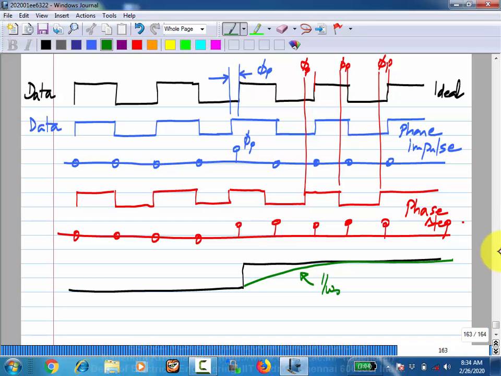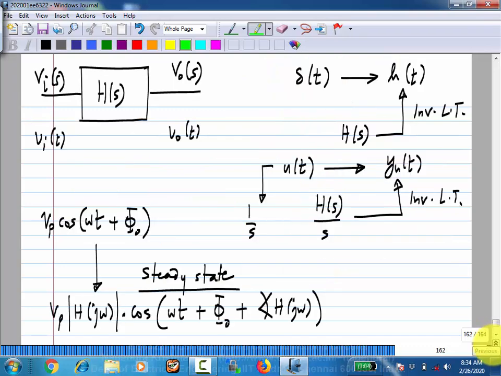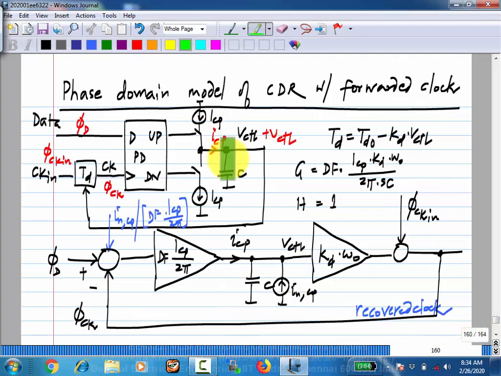What it means is that when you apply a phase step, the clock and data recovery starts moving the clock edges backwards slowly. In every cycle it moves by a little bit, and then eventually they will catch up to the data, and they will again be in the middle of the symbol period. Because finally, when it reaches steady state, when this capacitor current is 0, and that will happen only when